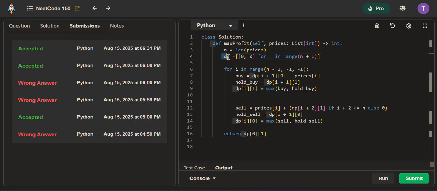We are creating here basically an array of length n, which is the length of the prices. So if the length of the prices is n, well, we're just gonna have a space complexity of big O of n. And in terms of time complexity, what is the time complexity in this algorithm? Well, we are actually going for I in the range of basically n in the reverse order, but regardless of the order in which we're going in, we're just going to go once through every single value in n. So the time complexity is also going to be big O of n,